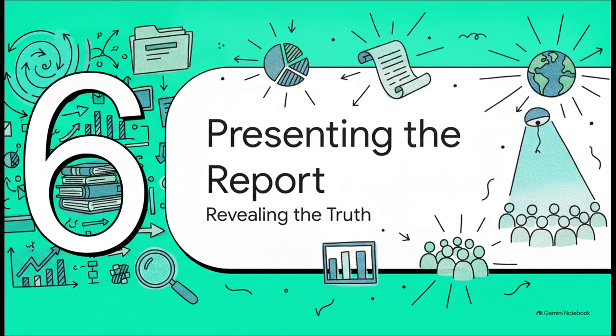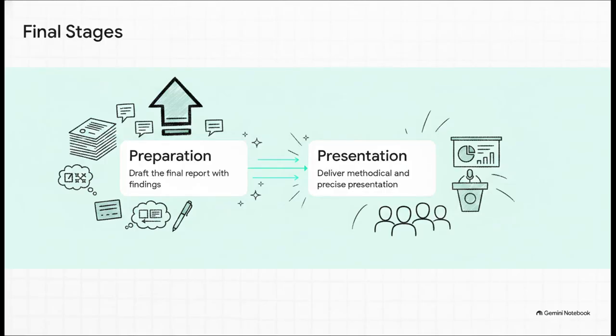Section 6, Presenting the Final Report. It's time to reveal the truth to the world. We've collected, processed, organized, and interpreted. Stages 8 and 9 are where all of your hard work finally pays off. In Stage 8, you draft the report. Now, this isn't just a data dump. A proper statistical report must contain the actual findings of the survey, your clear conclusions, and most importantly, practical suggestions based on those findings. Once it's meticulously drafted, Stage 9 is the actual physical presentation of that report to your